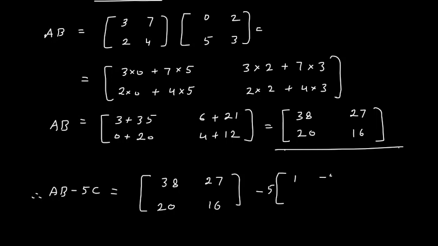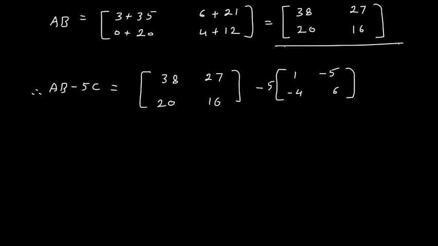1 minus 5 minus 4 and 6. Okay, so this is equals to, now 38, you get 38 minus 5. Here you get 27 plus 25. Here you get 20